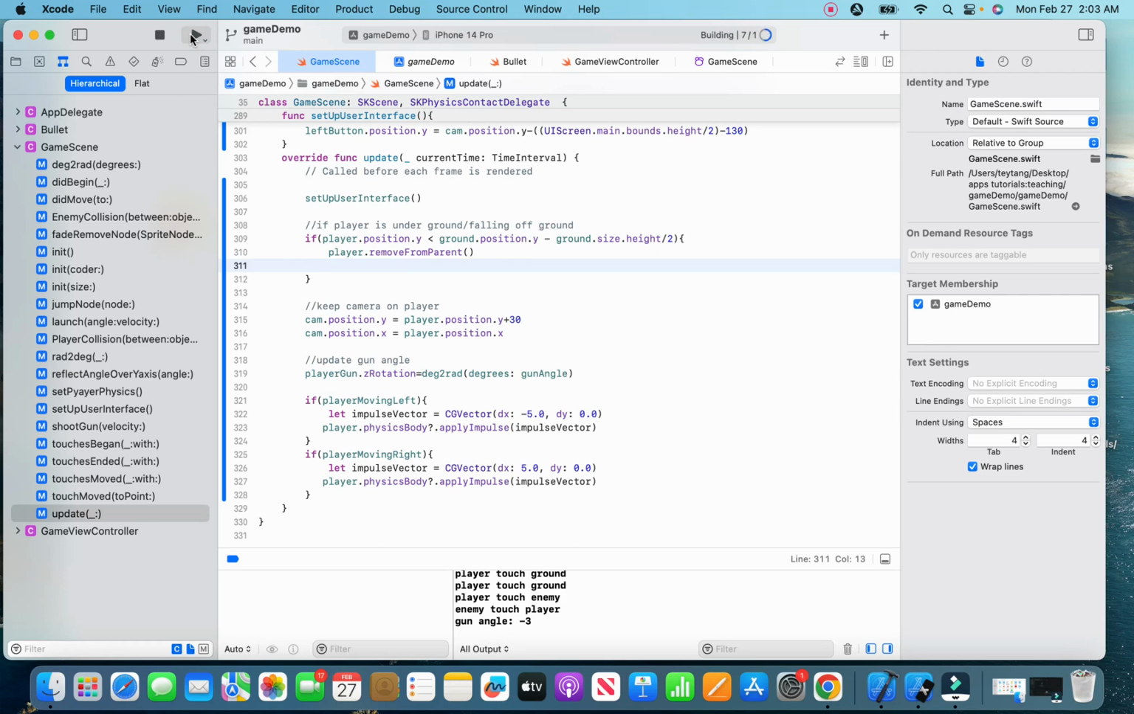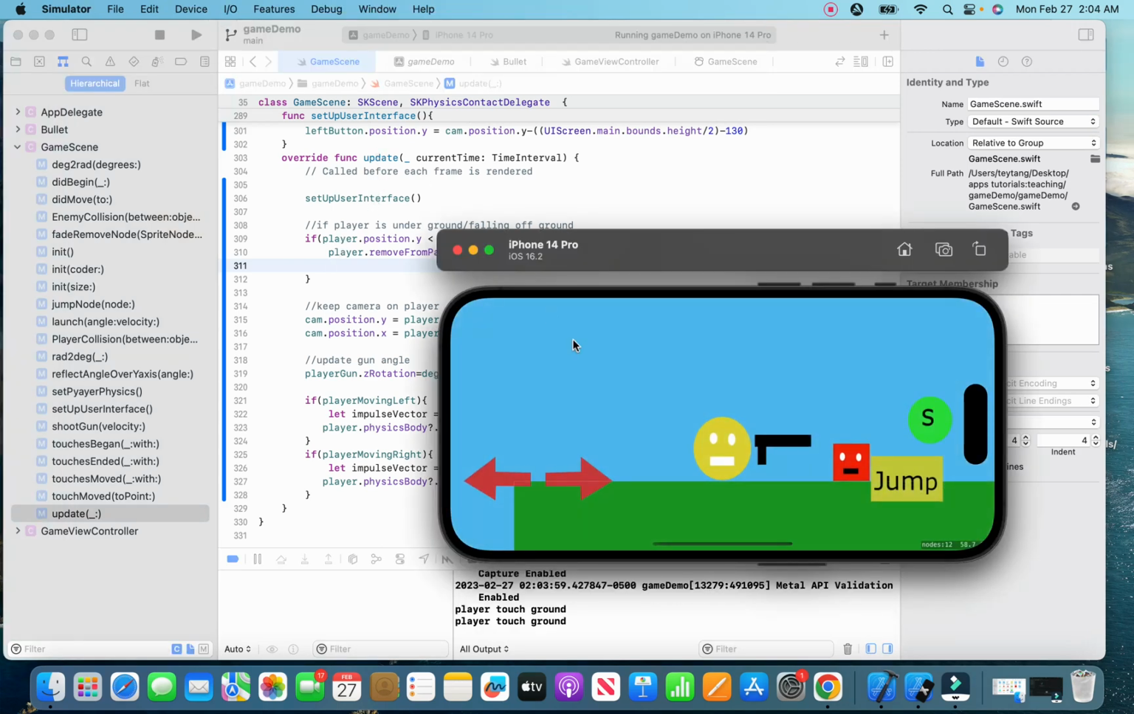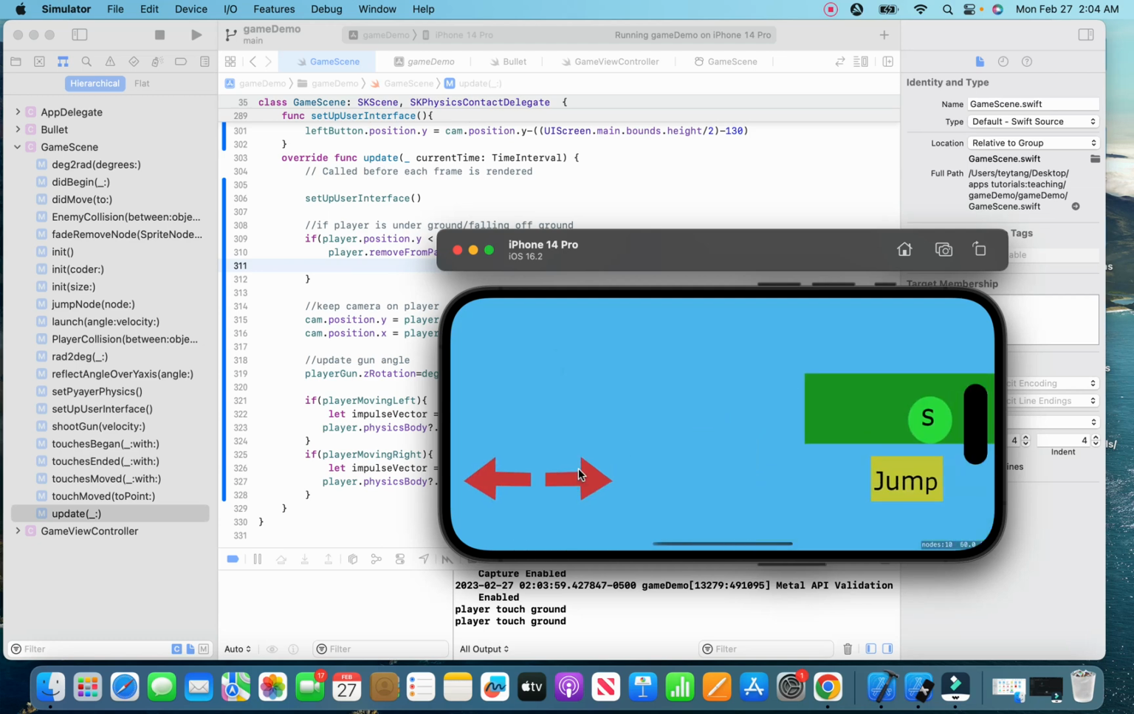And now we're going to test it. Because we call this in this update method, every time the player is under the ground, it's going to remove the player just like that and stop the game. And here's when you want to display your game over. So now that we solved that,